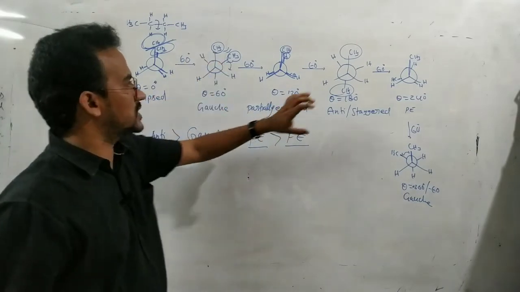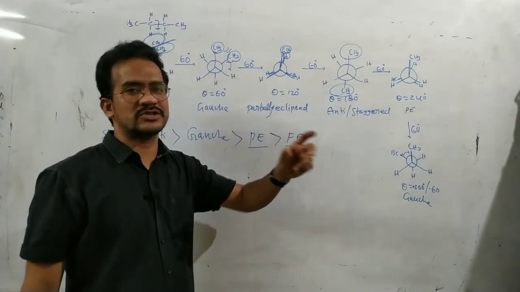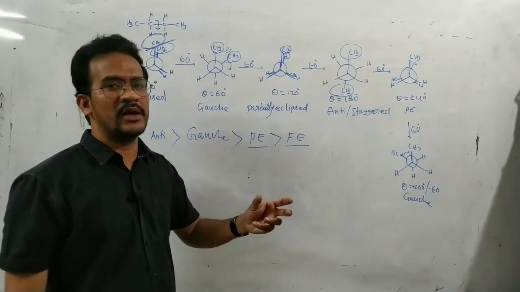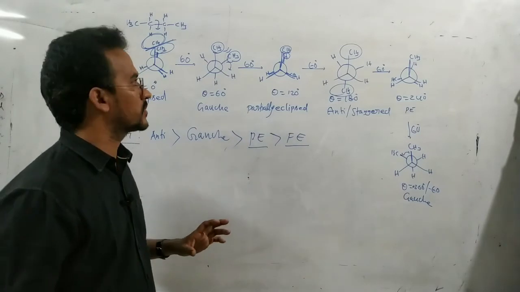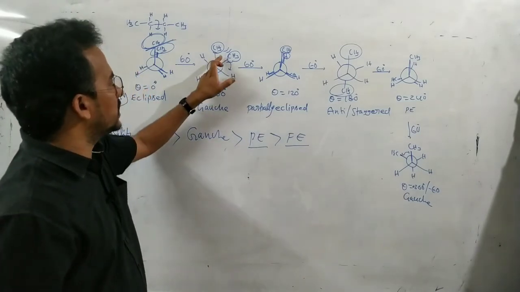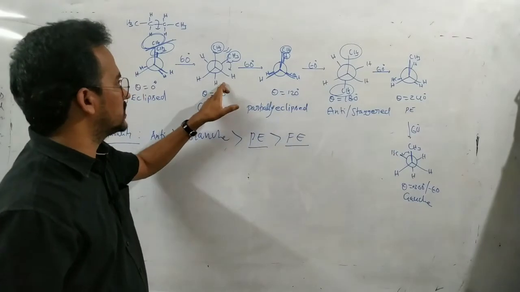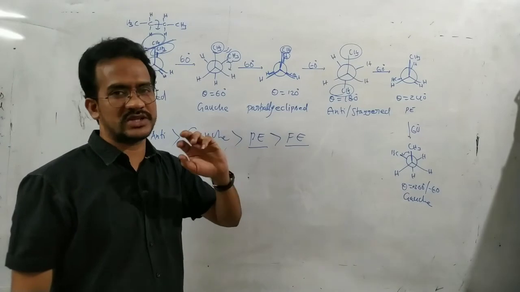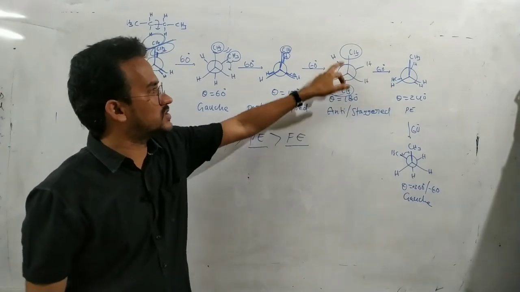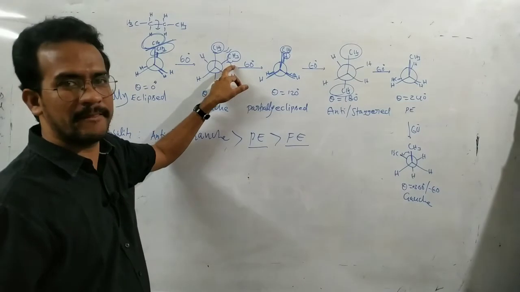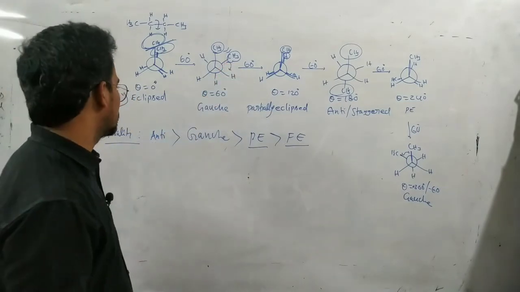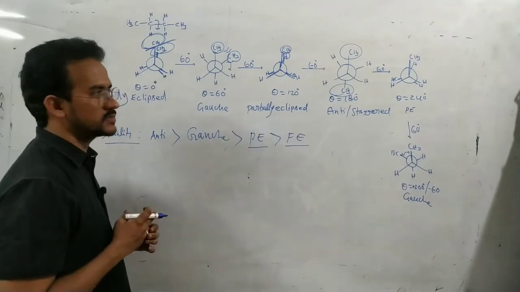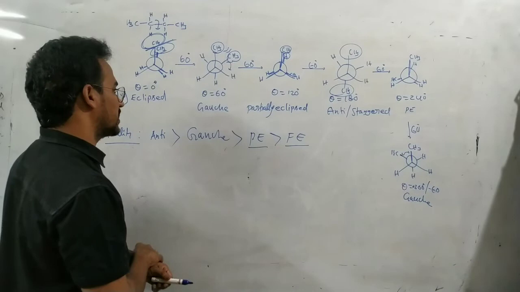In the gauche conformation and the anti-conformation, there is no Pitzer strain. Okay? That Pitzer strain or eclipse strain is only observed in an eclipsed conformation. Compared with the gauche and anti-conformations, in those two conformations there is no Pitzer strain, and only a slight van der Waals strain. So, anti-conformation, gauche conformation, partial eclipse and fully eclipse. That is the stability order.